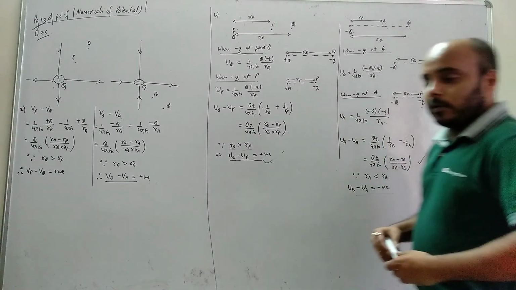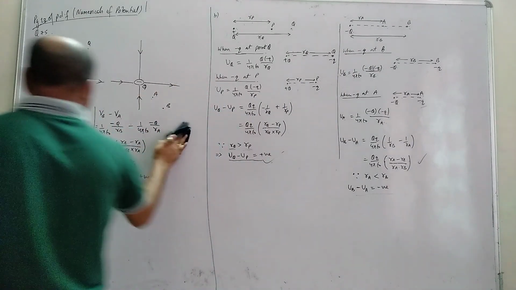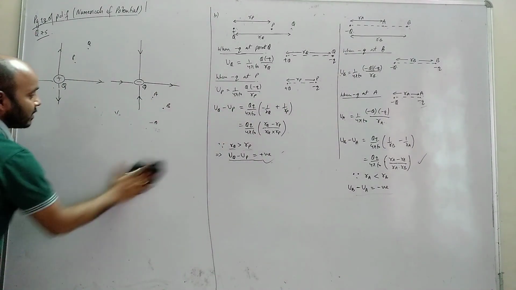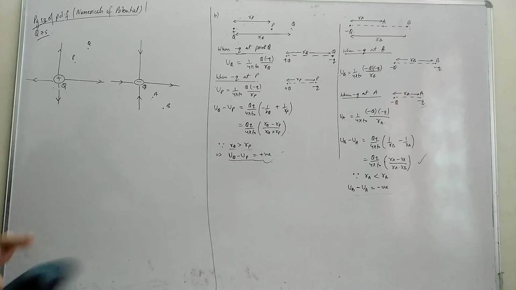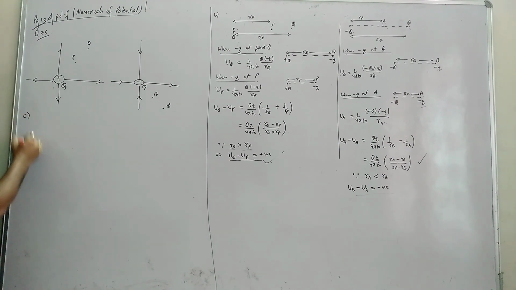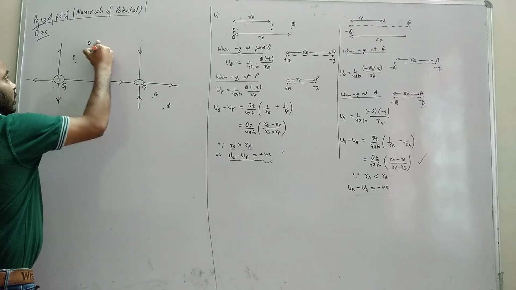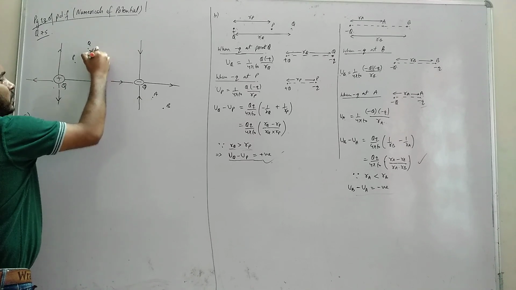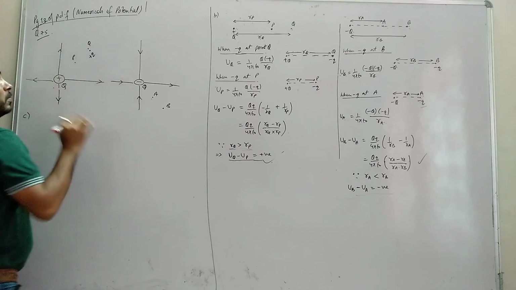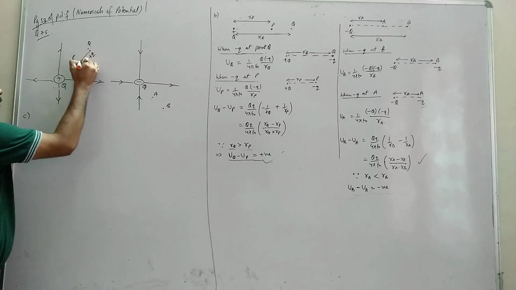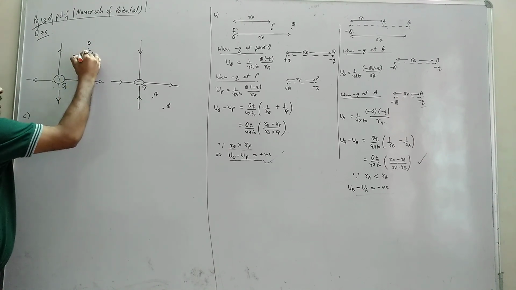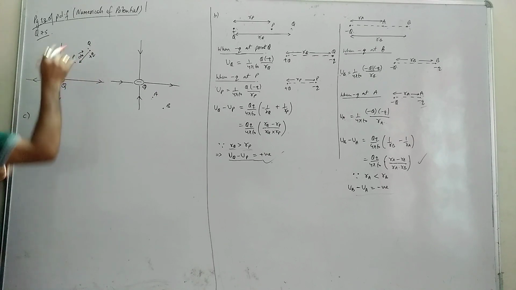Now the part C of this question: what is the sign of work done to move a positive charge from Q to P by electric field? This is very important. The sign of work done is asked, but by the electric field. So we have a charge here. Let this charge be positive, it is given to you as a positive charge. I want to move this plus Q from Q to P, which is also given to you. That means this is the displacement vector from Q to P.